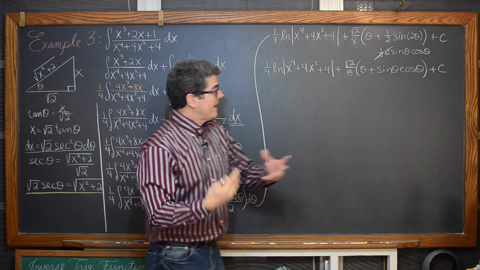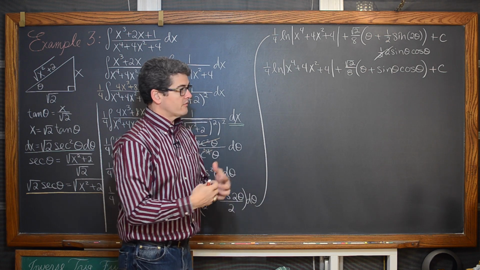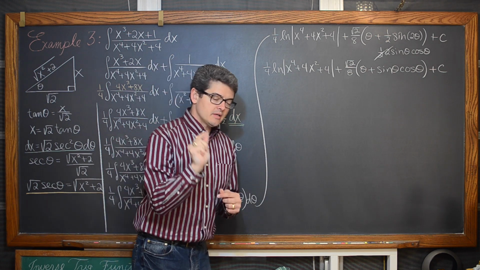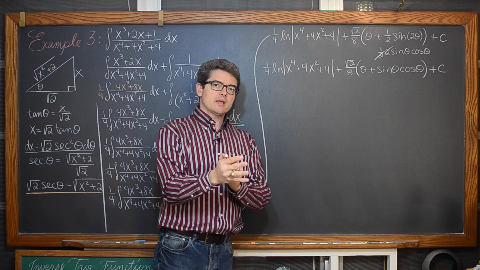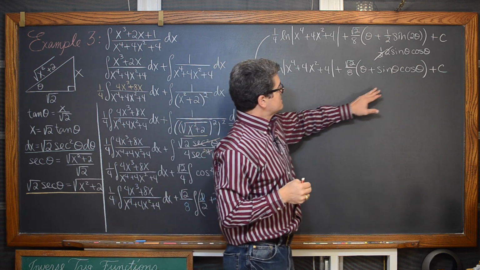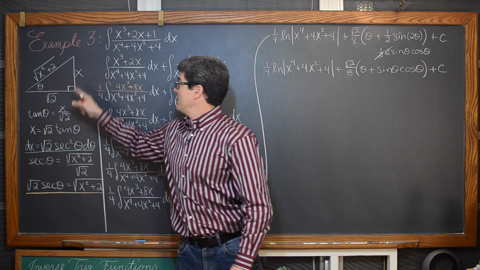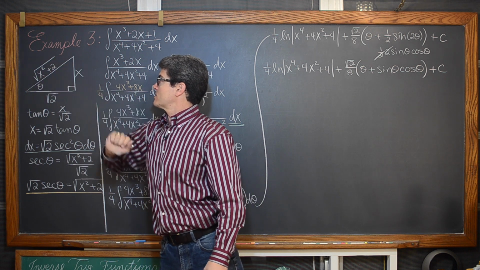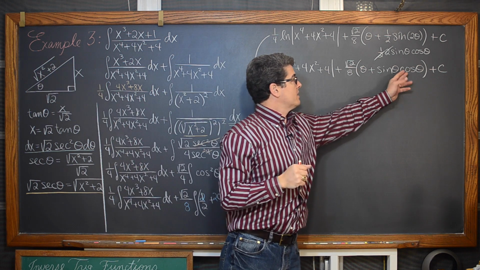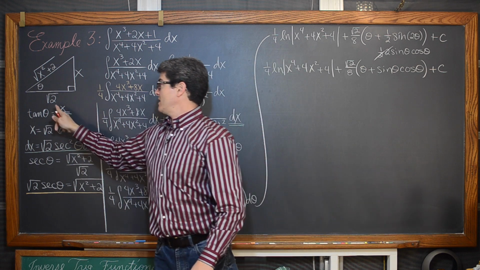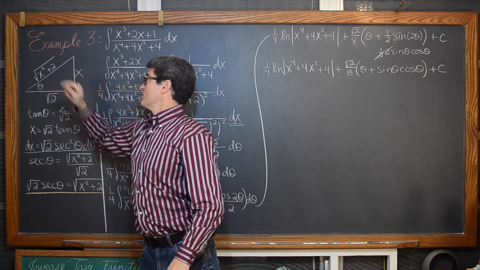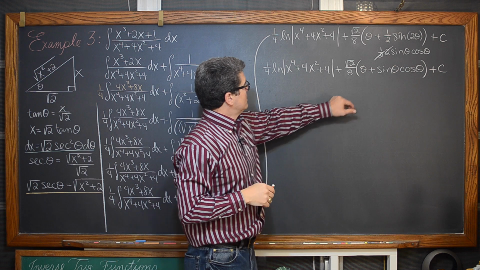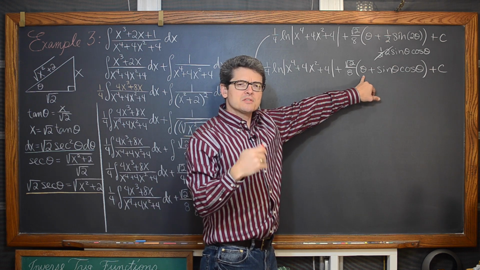Great. Now we're ready to get rid of all of our references of theta, but another difference between this example and the previous two is, yes, we have a sine theta, and that is going to be x over the square root of x squared plus 2. We have the cosine of theta, which is going to be square root of 2 over the square root of x squared plus 2. But this is the first time where we've had just theta by itself.